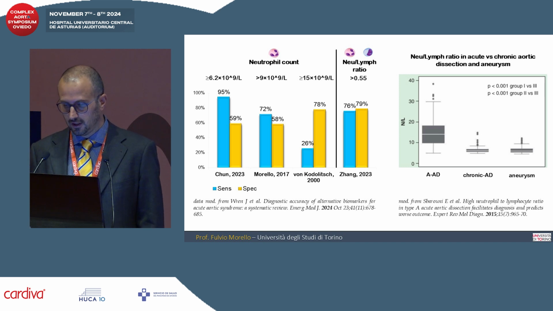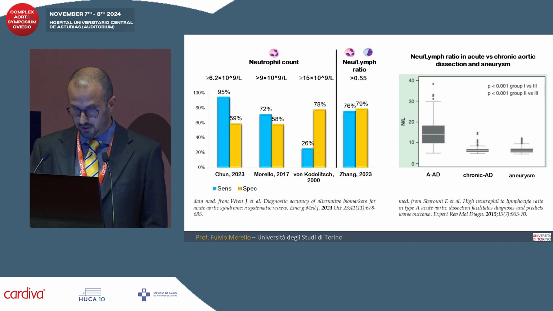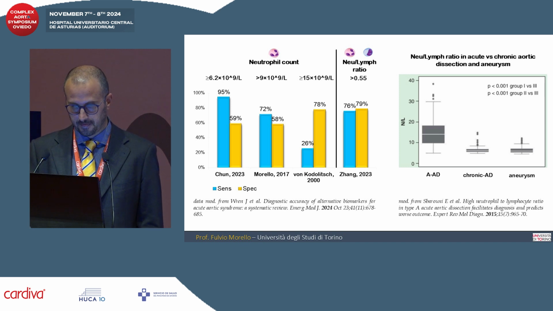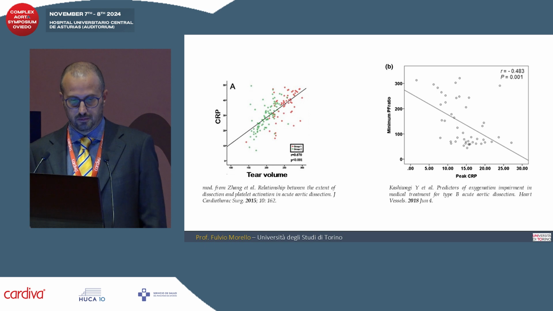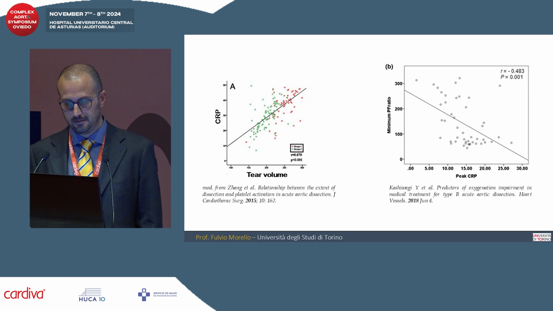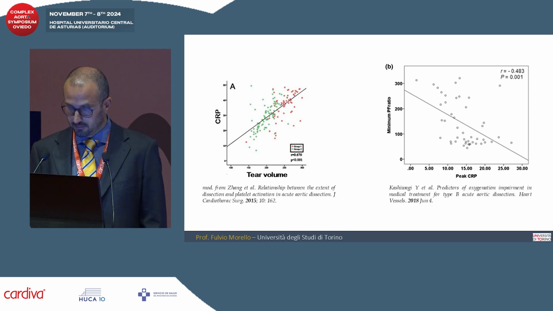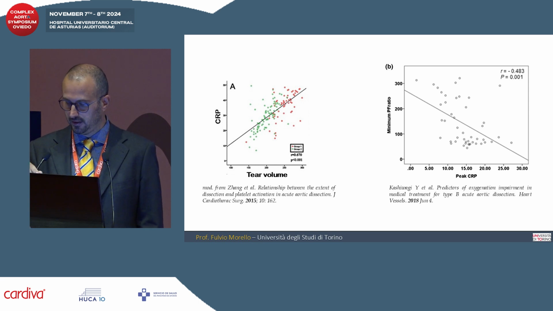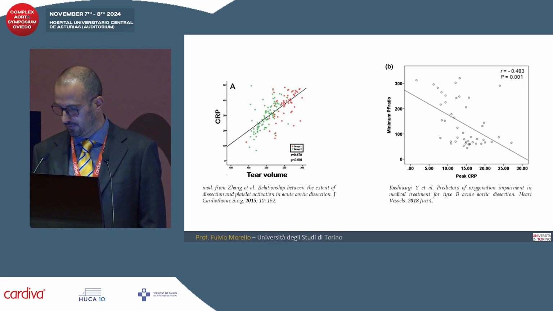And this is really specific to the acute phase, because patients that go into chronic or other groups of patients do not have this alteration in the ratio. Of course, inflammation means also C-reactive protein, and again, there's a relationship between tear volume and CRP and outcomes of patients. And in the intensive care area and in the medical area, there's also a relationship between the peak CRP